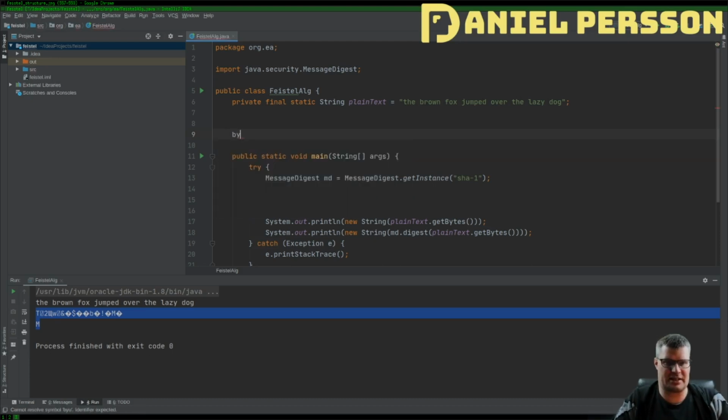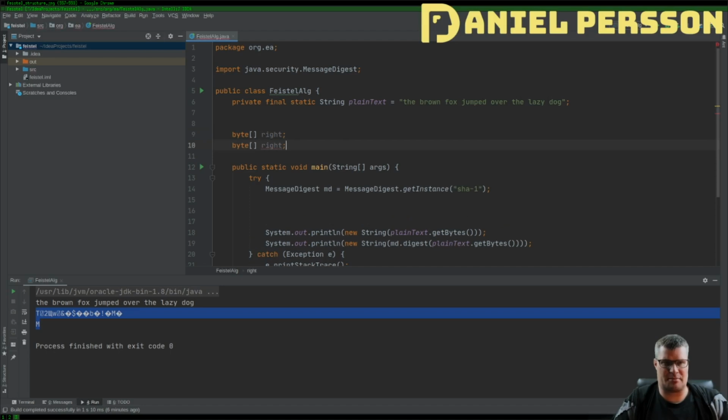Yeah, let's start with just byte right-hand side, and then byte right, byte left. So we have those two, and then we take left is equal to plain text